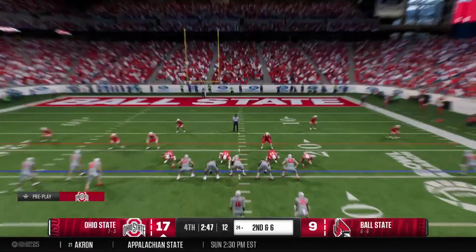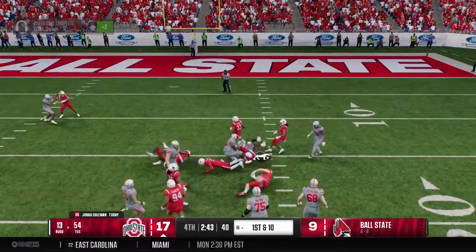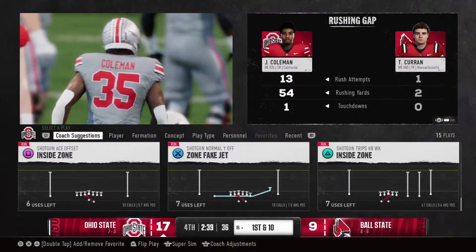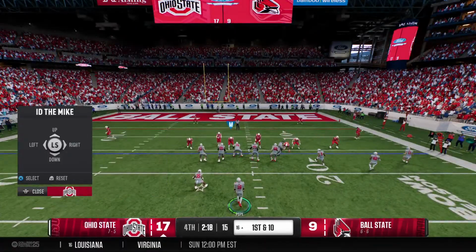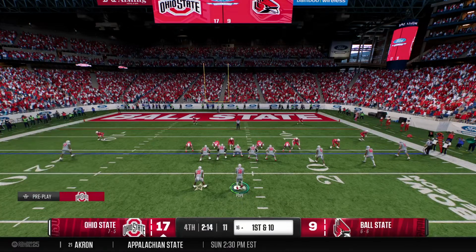Sometimes it's not about a fancy play design. It's about just getting him the ball and letting him play. Especially nowadays with running backs being so good out of the backfield. You know they're going to catch it. There's so many ways to use them, but exactly. Get it to him, let him break tackles, let him make plays. Easy decision.